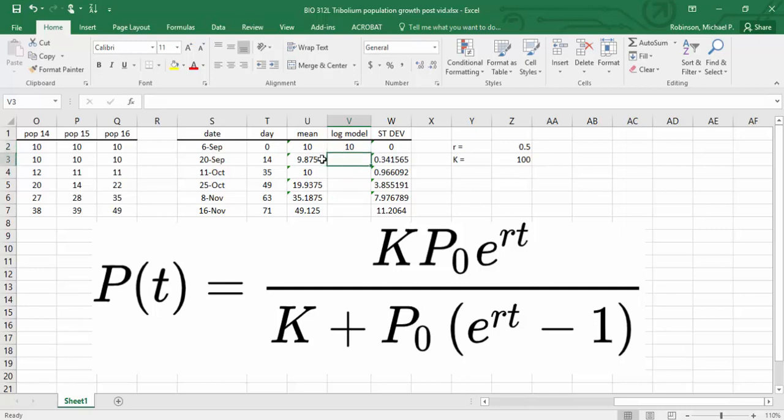Because we all started with 10. And now for this data point, let's put in the equation. This is where the equation is going to be a bit complicated, so pay attention. It's going to be equal to, start our parentheses, K, and let's hit F4, so we get dollar signs because we don't want that to change, times